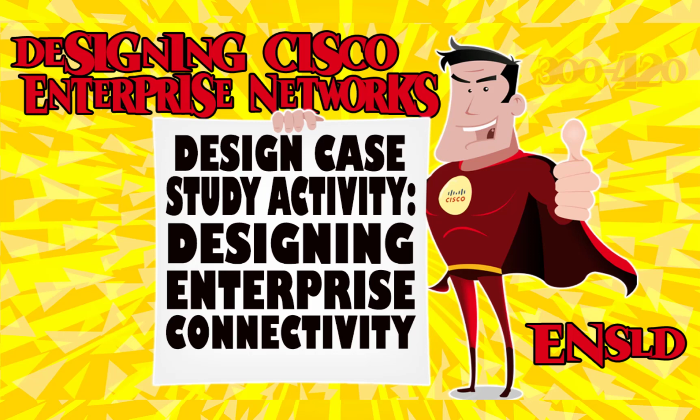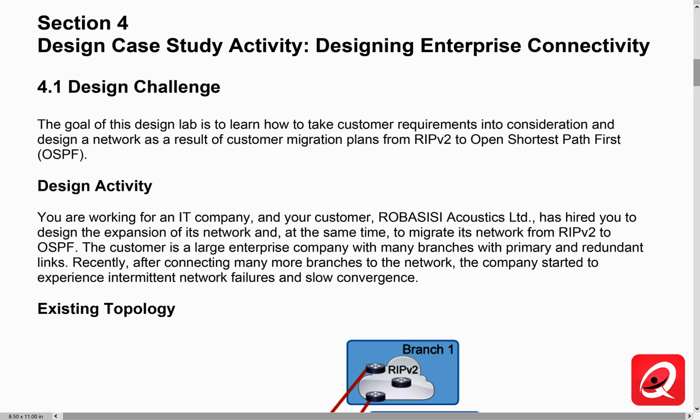Right, into section number 4 now. And this is the first time that we're going to be doing a design case study activity. We're going to be designing enterprise connectivity. In this design challenge, the goal of this design lab is to learn how to take a customer requirement into consideration and design a network as a result of customer migration plans, in this particular case, from RIP version 2